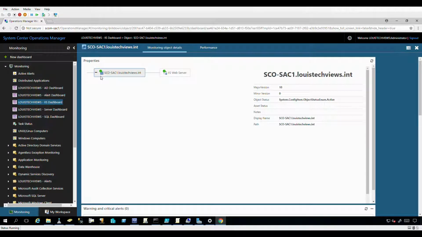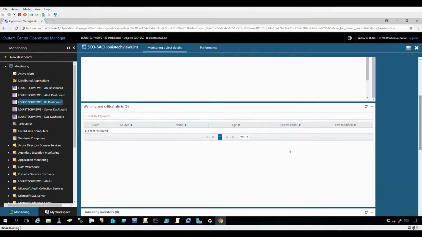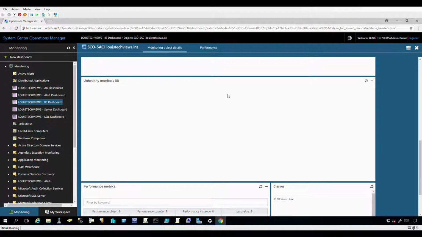So I can drill down and see, once I click on it, okay, that particular IIS web server or IIS component has this web server that is also healthy. I can see some various different information about that. I click on IIS web servers, I see some information about that. And then if I scroll down, if there are any issues or alerts going on with them, that will be automatically displayed there. And if I keep scrolling down, if there are any unhealthy monitors on there, those would also be